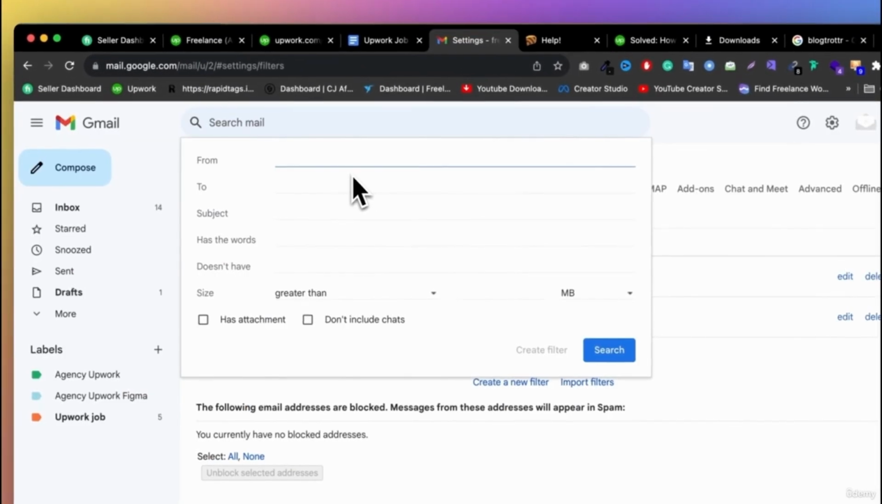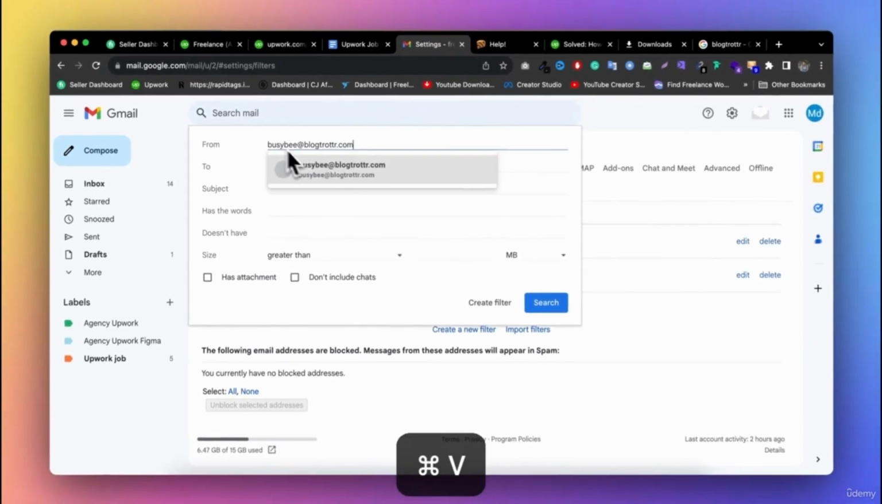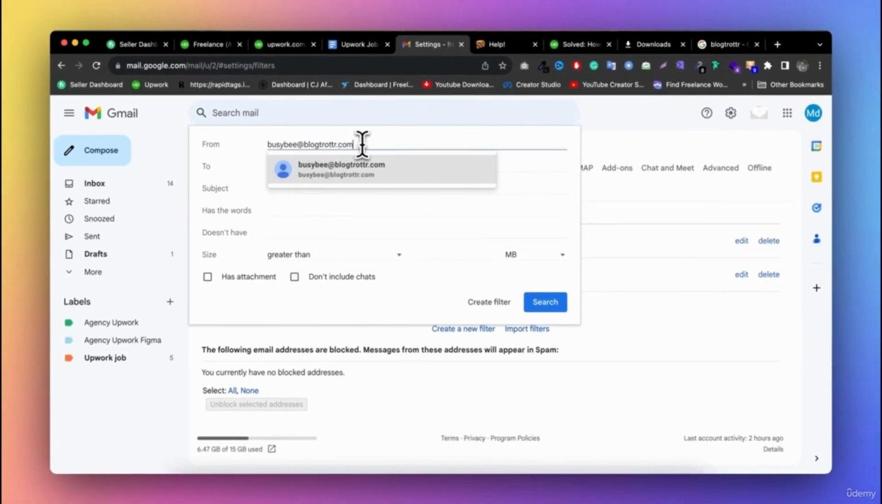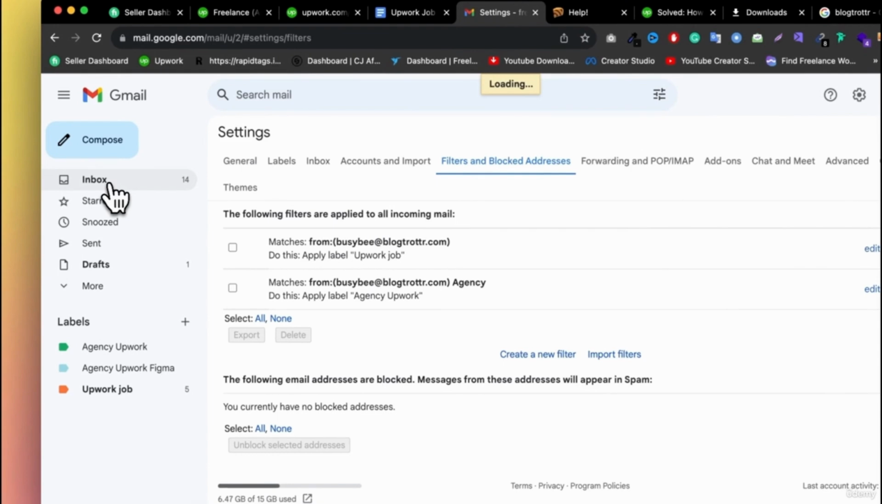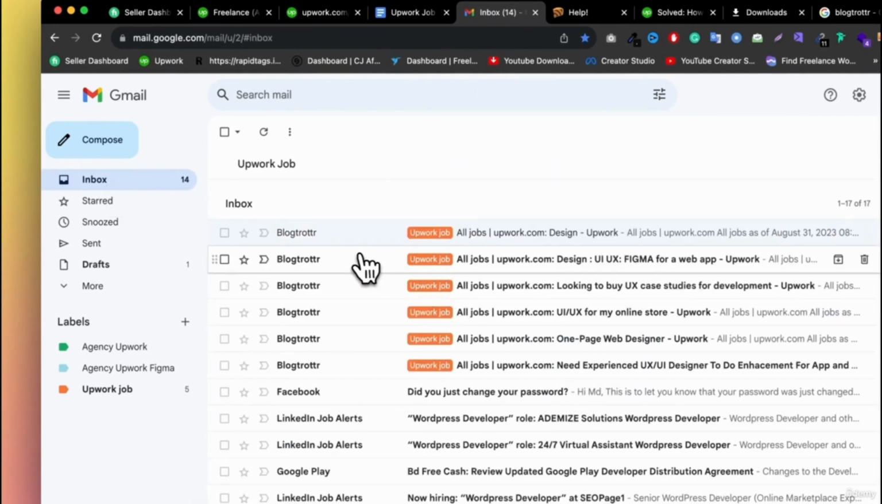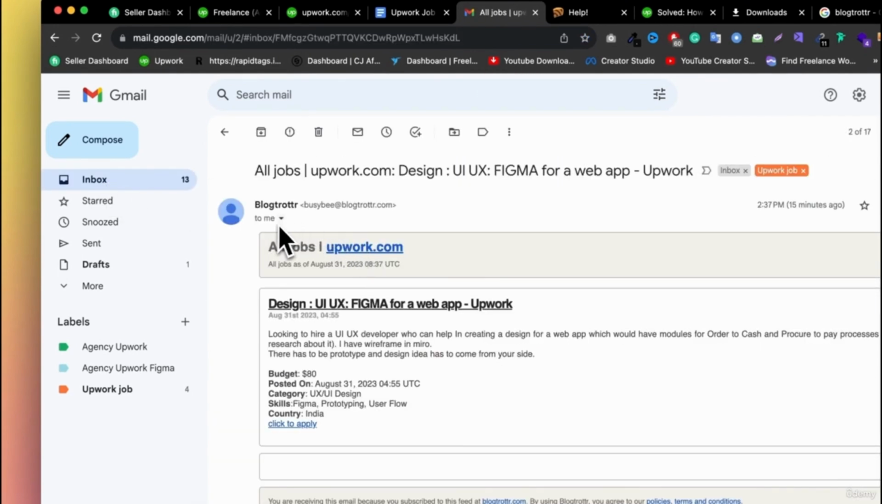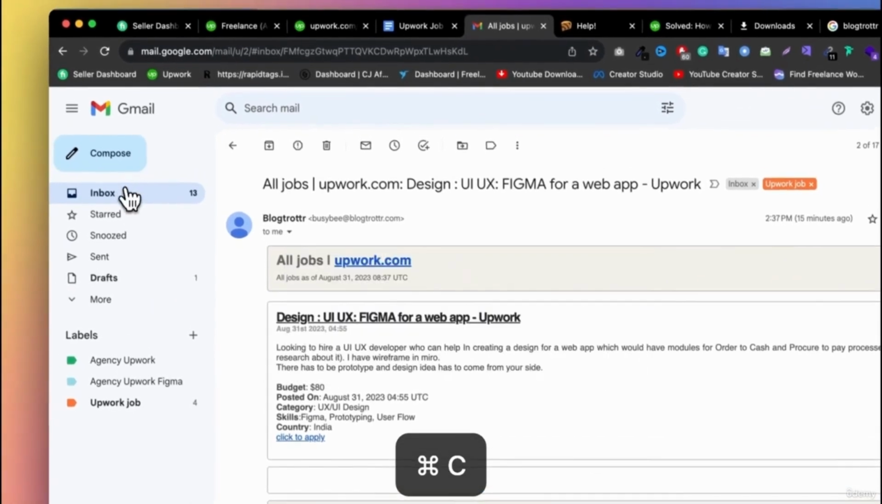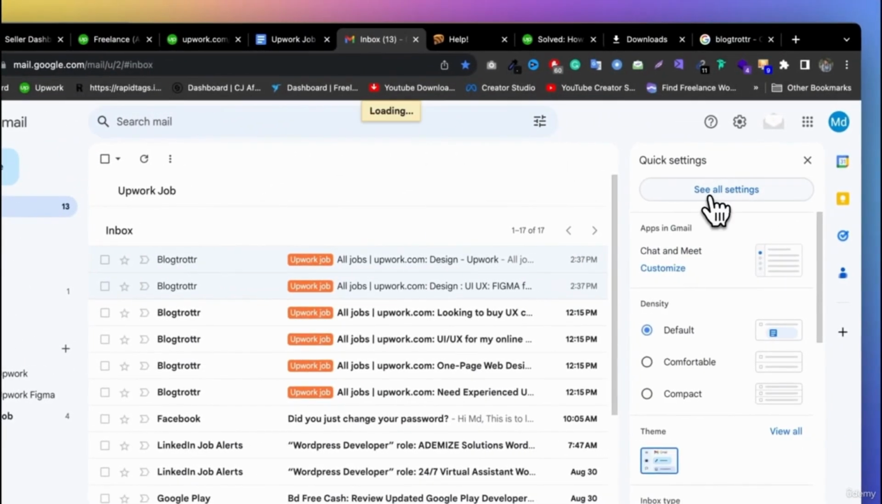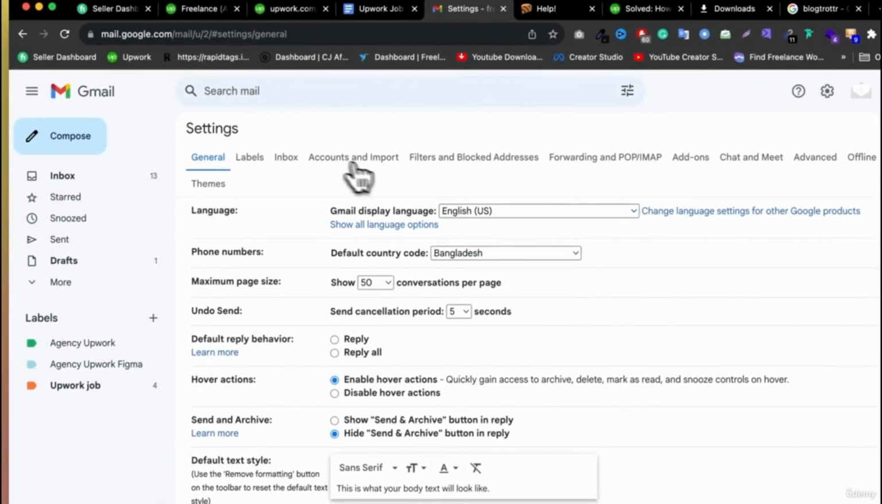Okay, and in here you need to type this email, bzb@. You don't need to worry about this email address. You can simply type it, or you can go to your inbox. When you create an account, they will send you an email, so you can click on this and simply copy the email. Let's come back to the settings, go to see all settings, and go to this filter and